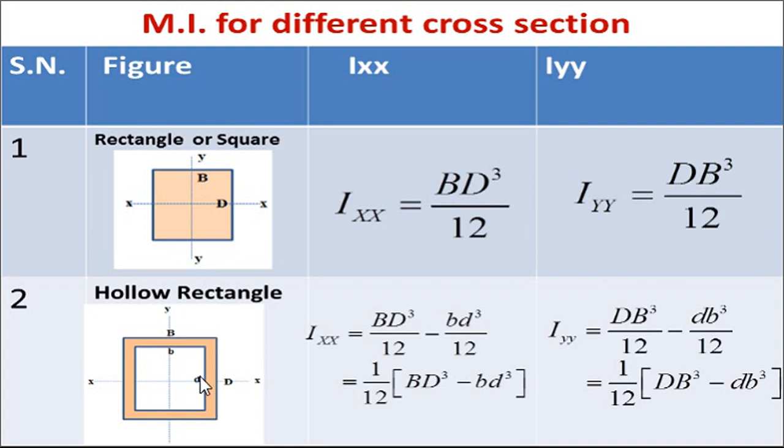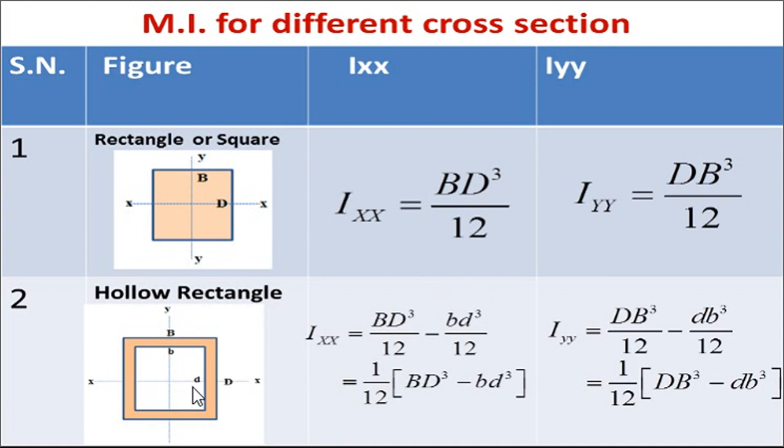The same is applicable in the hollow rectangular section, but here the difference is that it is a hollow section, so the external dimensions will be capital B and D and the internal dimensions will be small b and d. Small width means the internal width, small depth means the internal depth. It is exactly similar to the first case, but here you have to deduct the middle hollow portion. Otherwise the formula is the same.